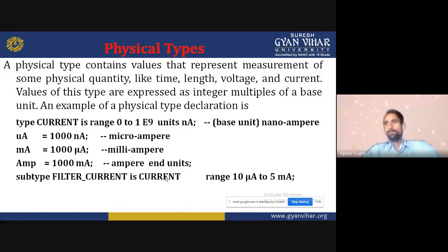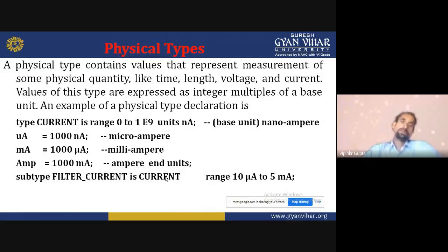Values of this type are expressed as integer multiples of a base unit. An example of a physical type declaration is: type current is range 0 to 1E9 units na. Na is the base unit, the nanoampere.